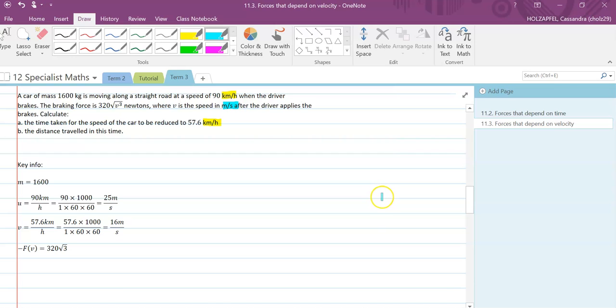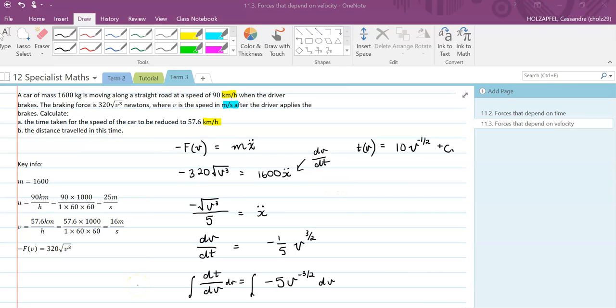The force as a function of velocity is going to be equal to mass times acceleration. Now what I can do is I can come in and I can replace my acceleration with the function dv/dt, and then we can rearrange so that we can integrate with respect to v. Now that we have our integral, we can go ahead and substitute in the values that we know to solve